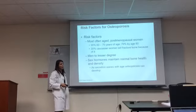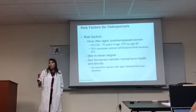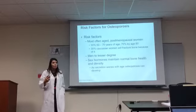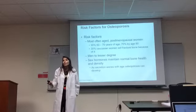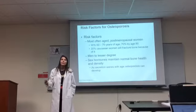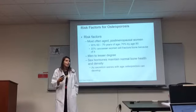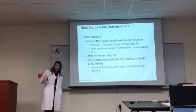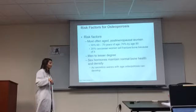Men can become osteoporotic, but they tend to be more active overall, and their wives are usually telling them what to do. And you think I'm kidding, but there's really studies that say that men will be active because their wives are like, I need this done, I need this done, and they just tend to be healthier because they keep doing that. Technically. There's a lot of men that don't do that, so...